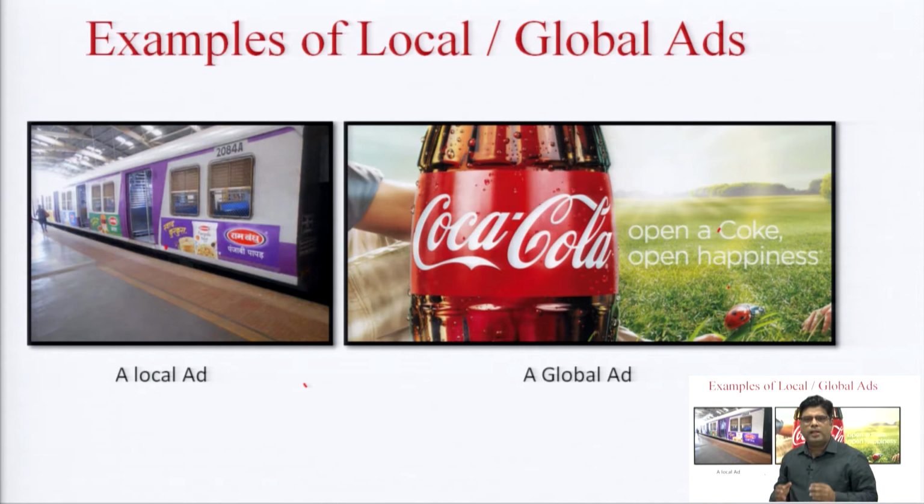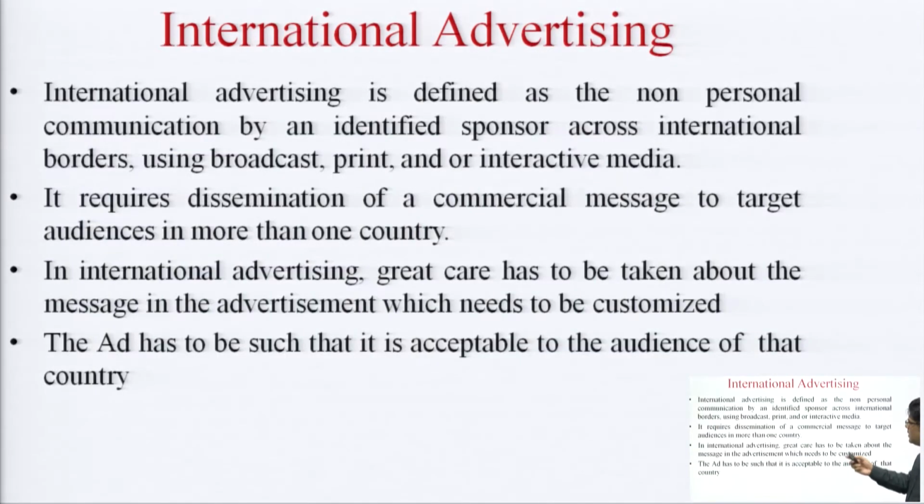So, local advertising is a separate option provided by Facebook, because it knows that a lot of small business organizations cater to local advertising. Whereas, in case of global advertising, if you are advertising through social media and the internet, you can choose your own audience, you can select various countries, or you can go global entirely. Anyway, with this we come to the end of local and global advertising, and in the next slide we move towards something called international advertising. Let me first read out the definition, and then we can understand what international advertising is and how it is different from global advertising.